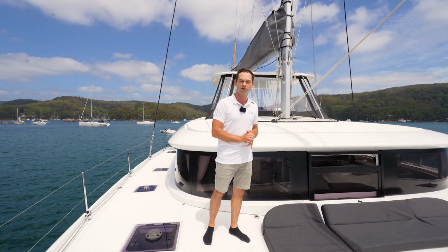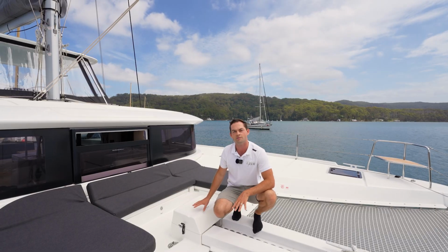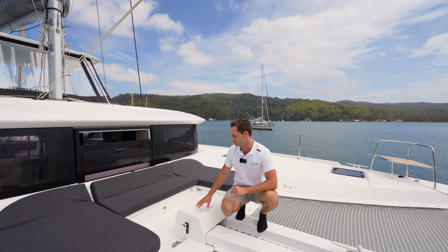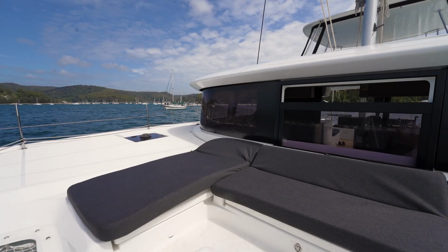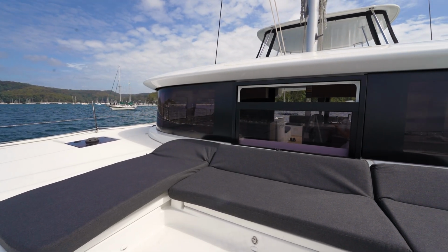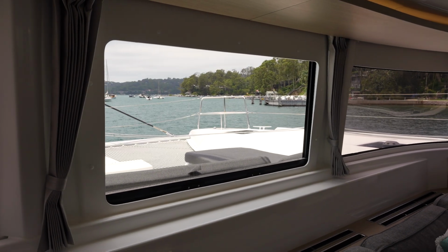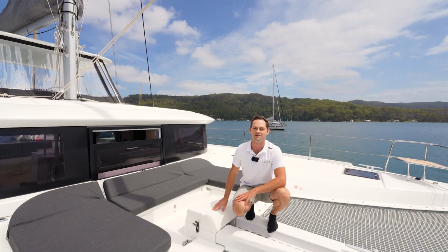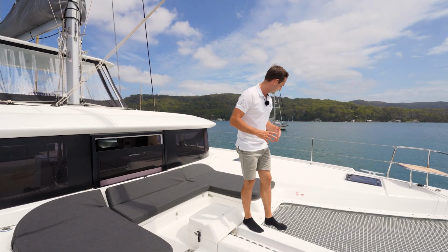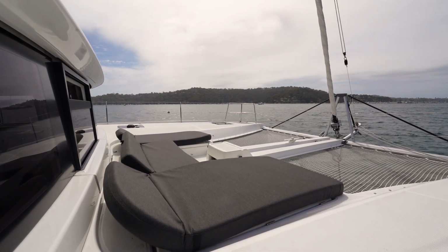There's storage just on starboard side and a location for a generator on port side. Underneath this moulding here is the anchor windlass, which doubles up as a little table for those seated on the bow. You'll just notice just after that we do have the forward sliding window in the saloon. This gives great ventilation and provides easy access for drinks, food, canapes, whatever, when people are seated here on the bow. Overall, this working deck is large, it is safe, it is well protected, and as I'm walking around the